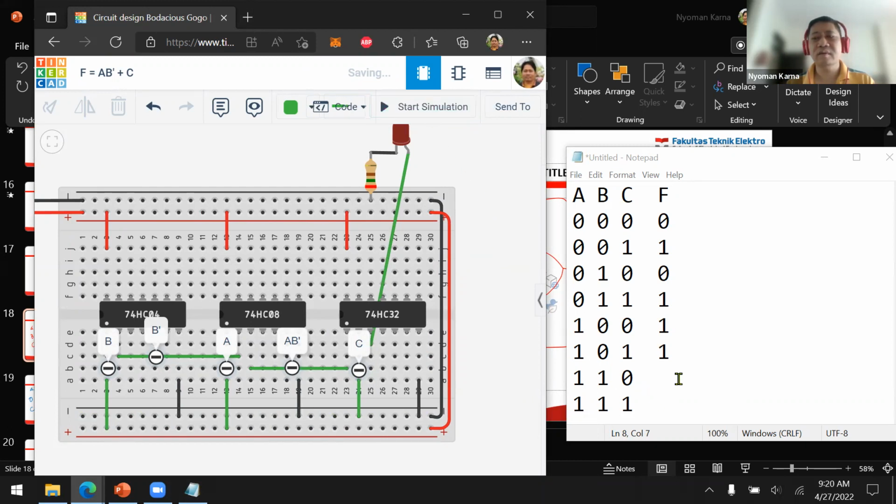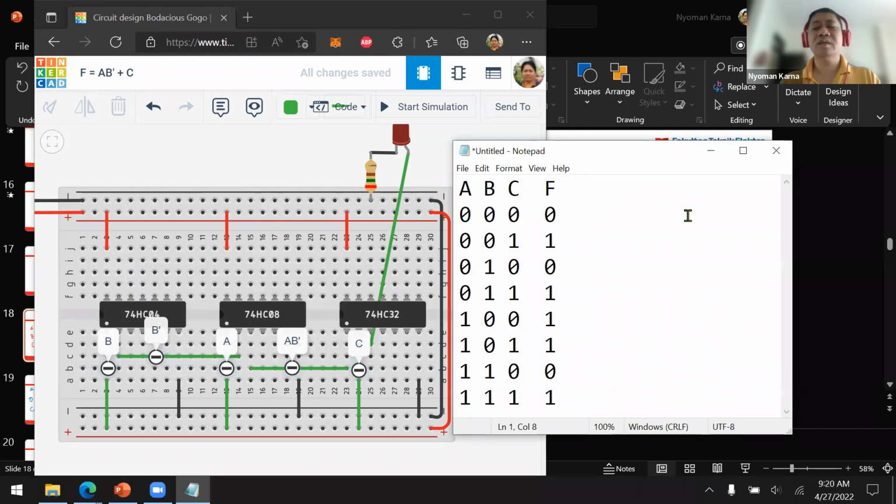Off. So that means F is 0. And then the last combination is 1, 1, 1. Start simulation, it's on. So this is the truth table of the circuit.